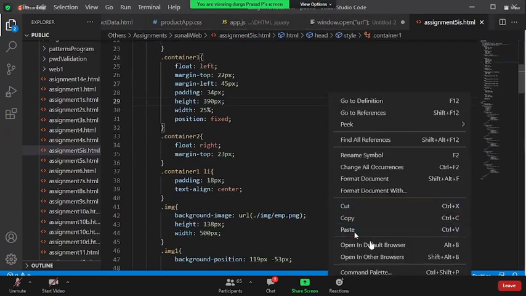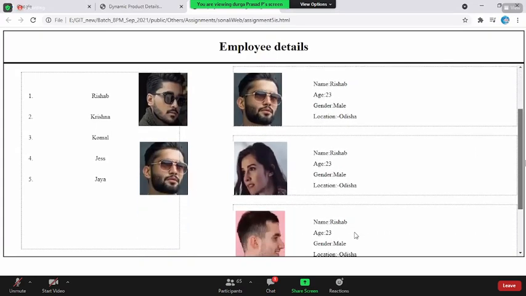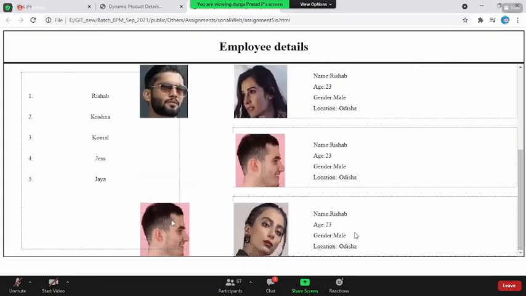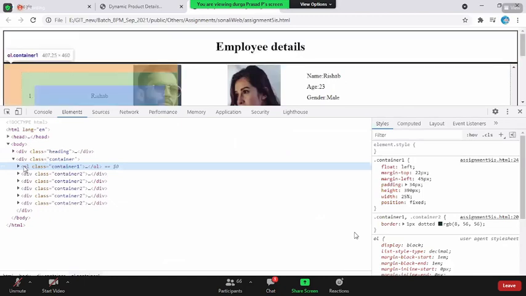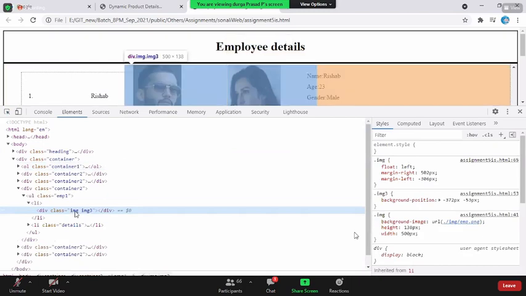Sir, actually here I can't hide the previous spriting image. You can't hide the previous, you mean these left guys? Yes, sir. Okay, what are those actually? This is an OL. This is a div.